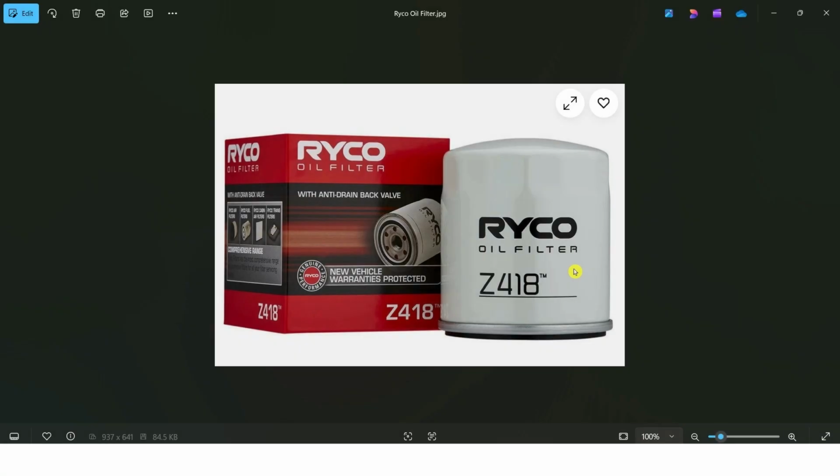So for our use case, we're going to be using this Rayco oil filter. So here we've got the product as well as the packaging. Now the main reason I've picked this image is because I want to test to see if ChatGPT can replicate the product as well as the packaging with intricate details. So here we've got the logo, the text, the graphics, the product itself, and a badge. And now if we zoom in on the side of the box,